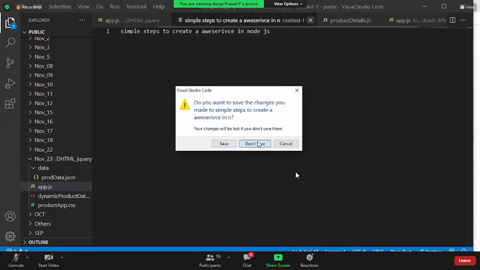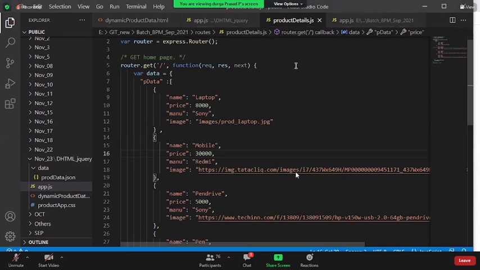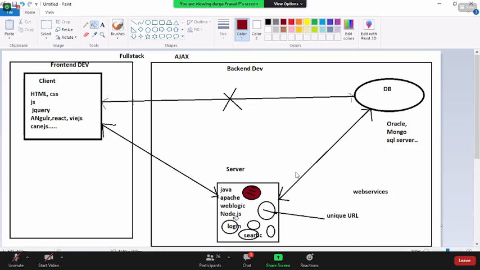To avoid that, we are going with the server. But even in the server, you are hard coding it. Actually, you should not hard code the data. You have seen this picture. The server will not hard code the data. In order to get the data, where will the server go? In order to get the data, obviously it will hit the database. From the database, you need to receive the data, and I have to throw this.